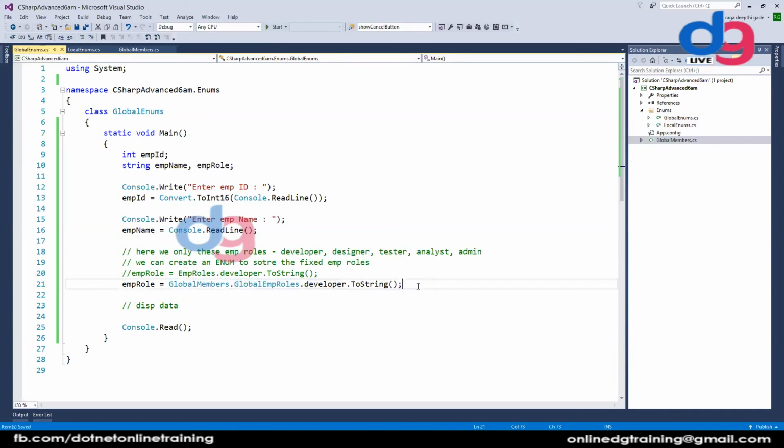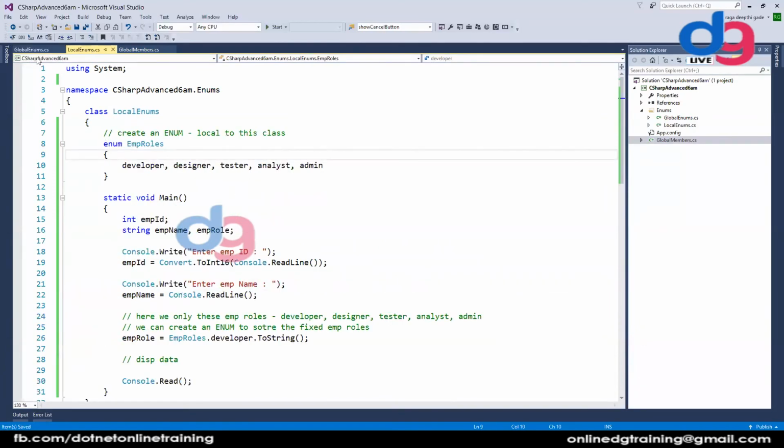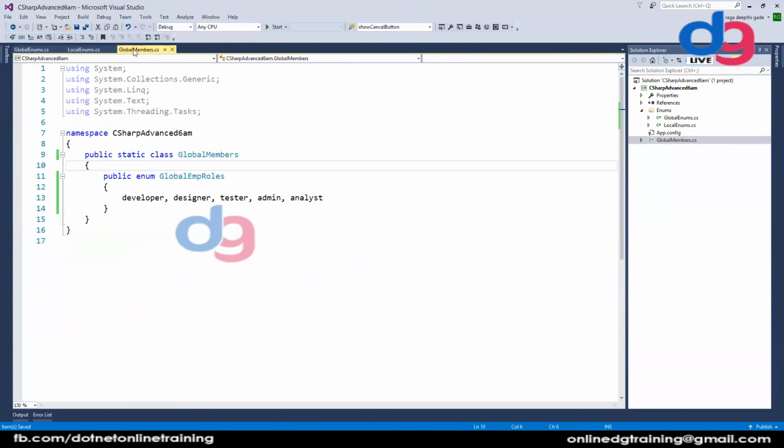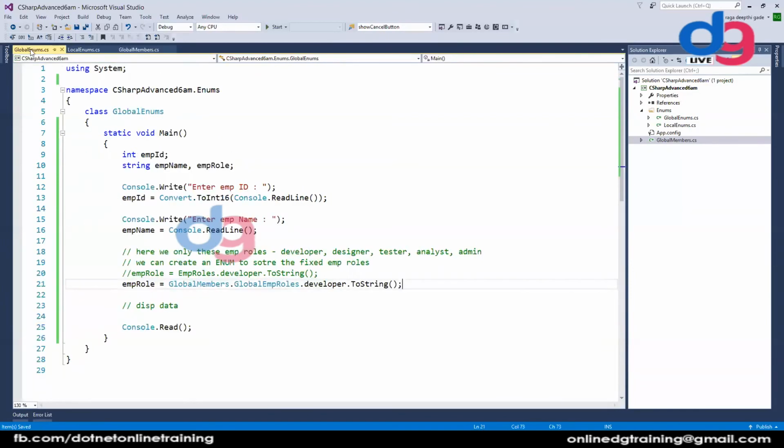Is this clear? Yes. So this is what we have, the types of enums. Depending on the scenario, it could be a local one, or it could be a global enum. Done? Okay.